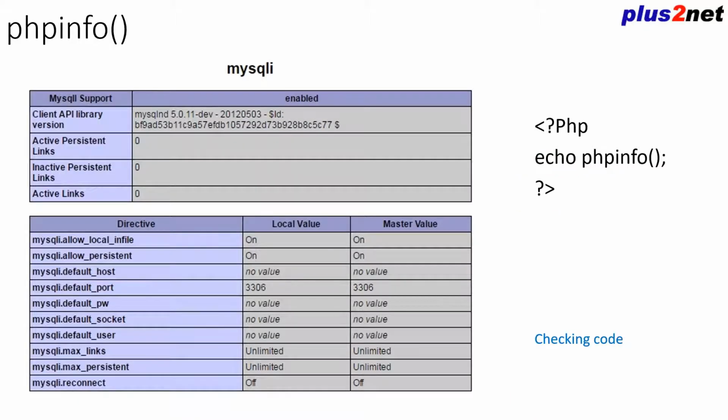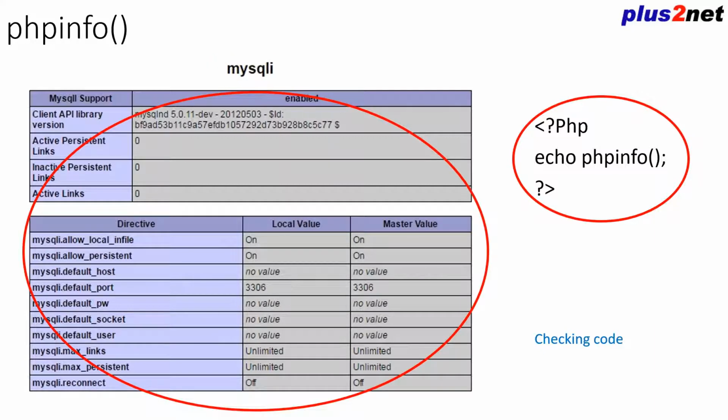Now how to check it? There is a command, phpinfo, which gives the entire installation details of PHP. You can run this command through a file and open it in your browser. You will be presented with all the details of the PHP installation. In this you can search for MySQLi, and if you are getting these details, then you are sure that your MySQLi is enabled and you can use the connection object for your further database management.